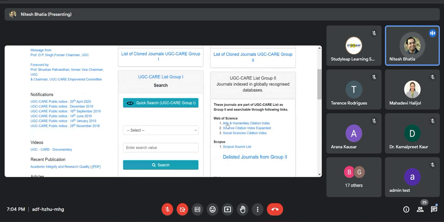And in Web of Science, you have three. One is Arts and Humanities Citation Index, and you can directly click and see that, I think in the month of March, 65 journals were removed from this group 2. I'll try to share the screen also. You can come to know that these are the journals which have been removed from your Scopus database also. You need to be a little bit alert and vigilant, because these things